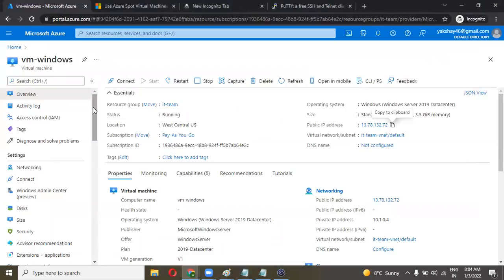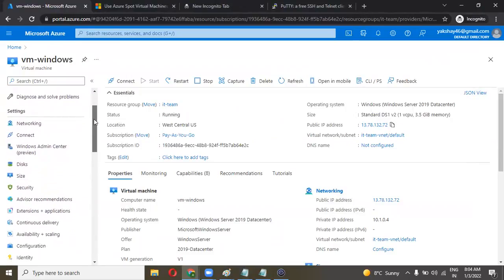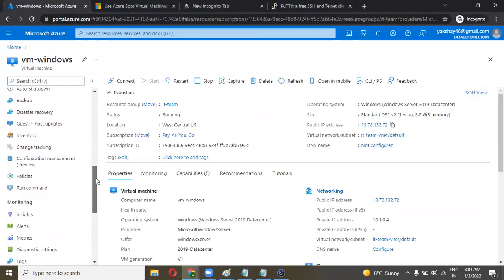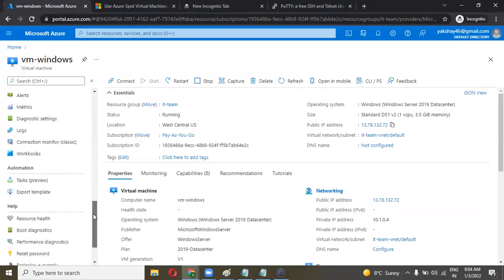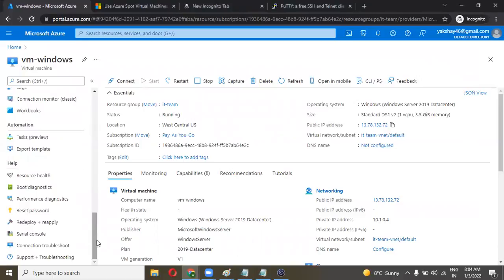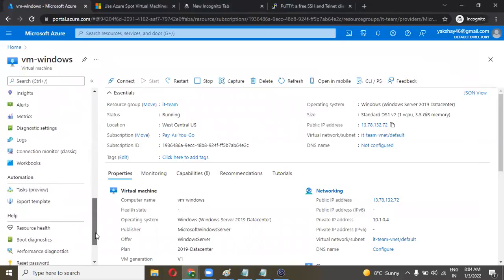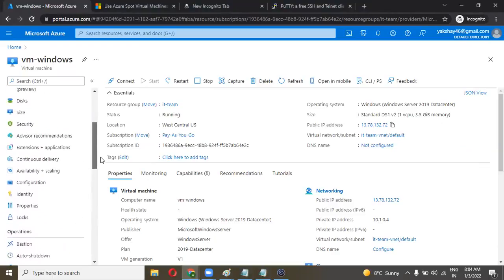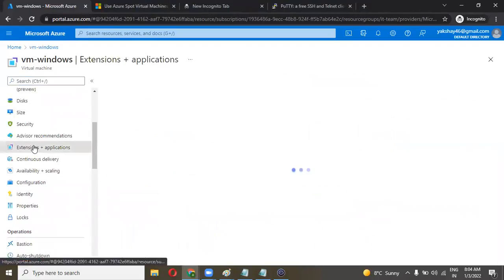In the virtual machine, you will see the custom script extension. Go to the settings in the VM, then Extensions.